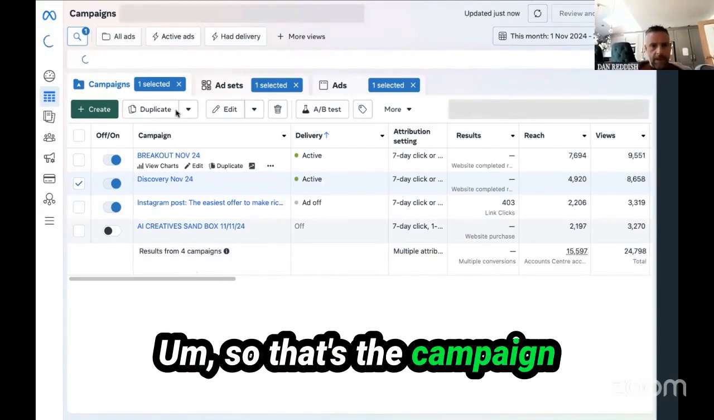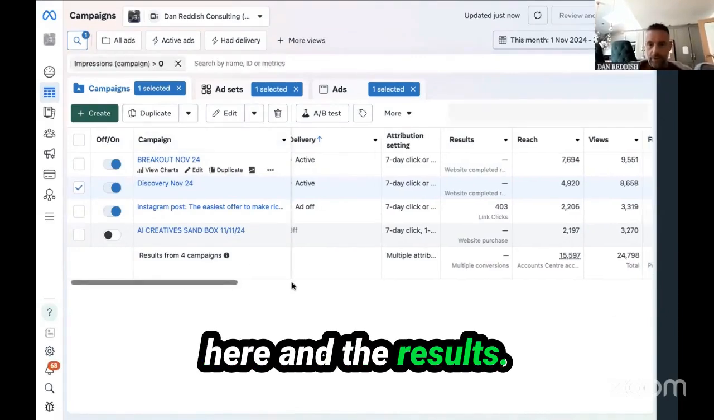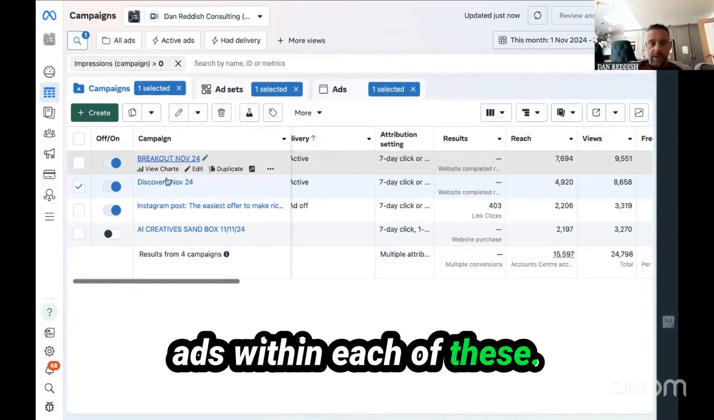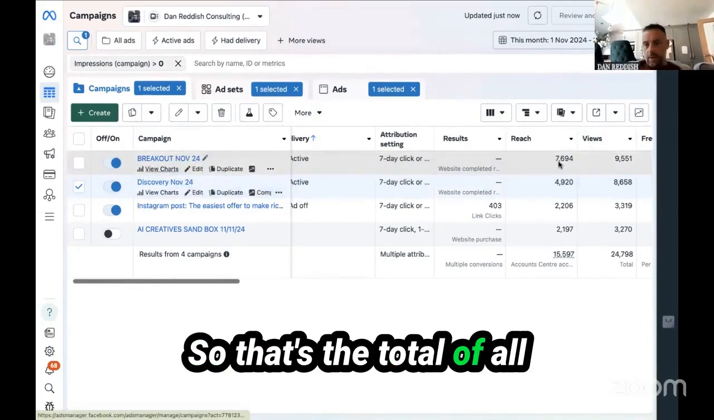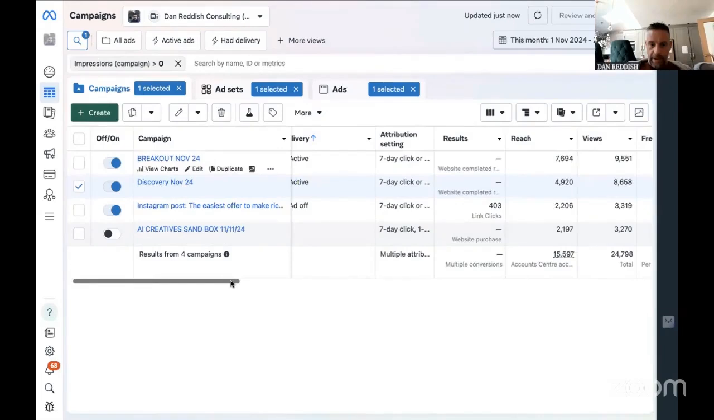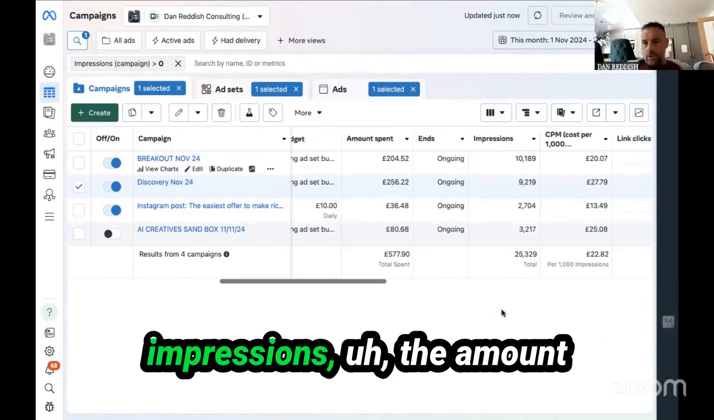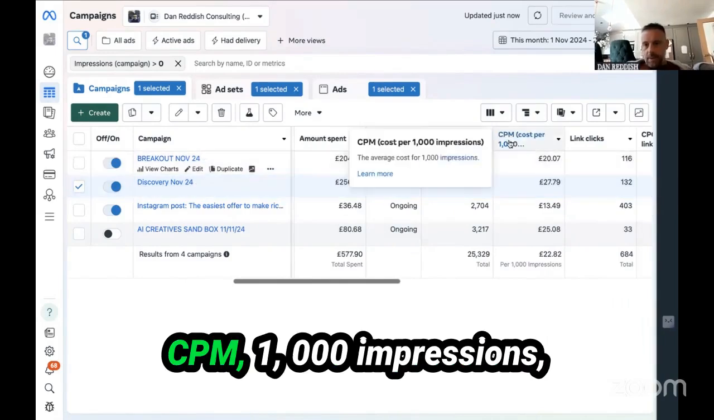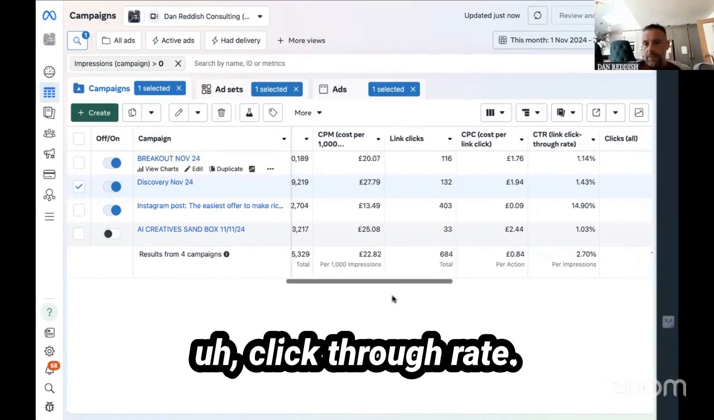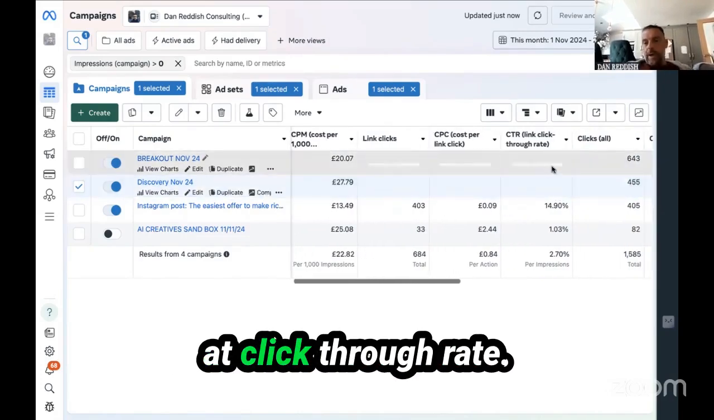So as I said, these are the campaigns that just started this month, I think. So that's the campaign level we're looking at, and you can read obviously the metrics here and the results. So it's only the reach of the total, because I've got multiple ads within each of these campaigns. So that's the total of all the ads within each of those campaigns. And it tells you the views, the amount spent, impressions, the amount of link clicks, the CPM, that's cost per 1,000 impressions,